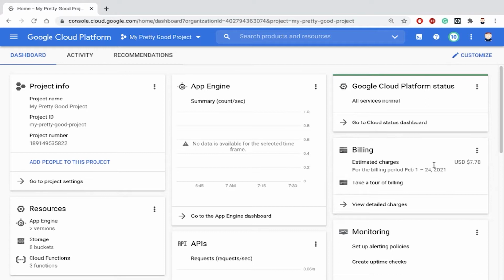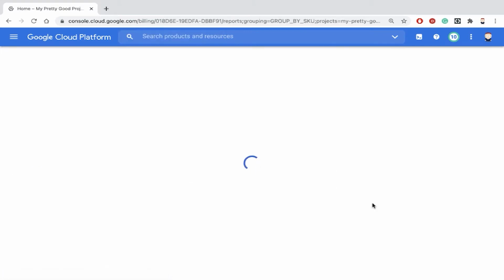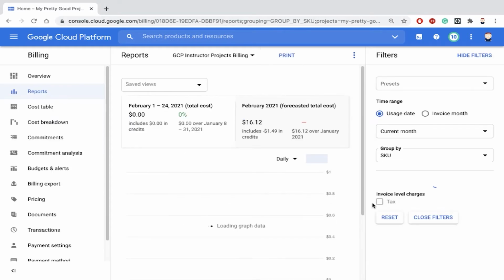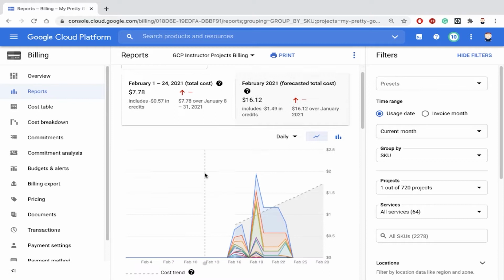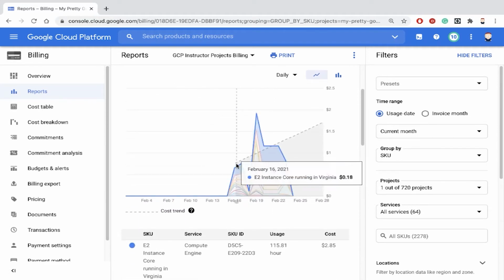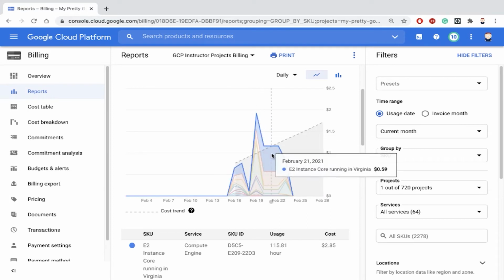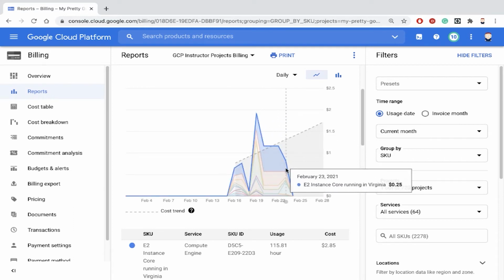I look here under billing, and it says in my demo project here, I've spent $7.78. Now I'm wondering why I spent that money. So if I click here, View Detailed Charges, it'll take me into the billing section where I can look at the reports. So if you notice down here, this is showing me day by day which services I've spent money on,